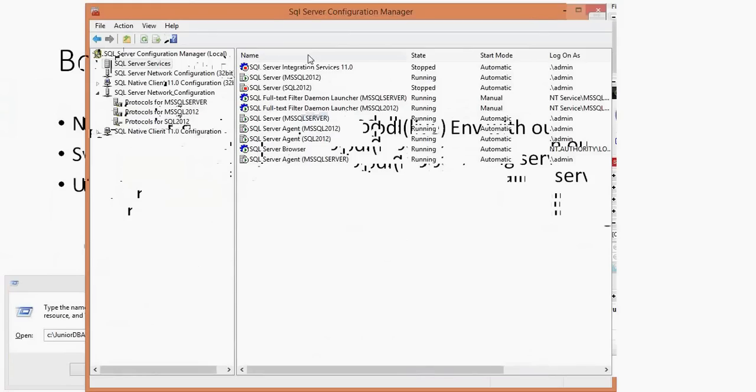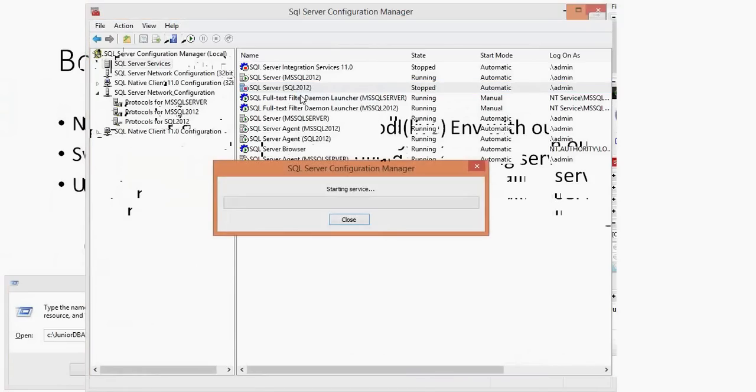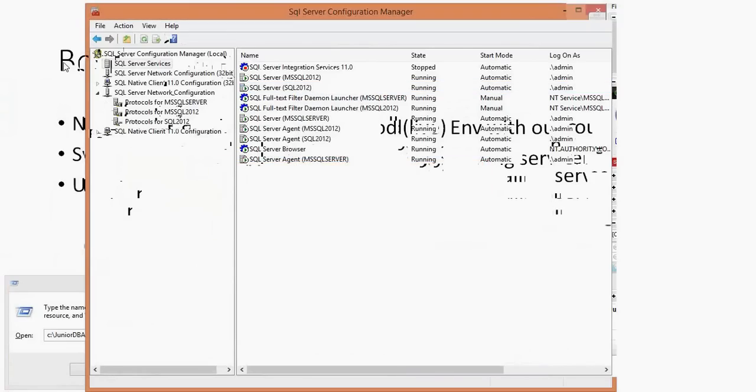Come back when your operating system is working fine. Then start your SQL server. This is the best advised way of restarting your SQL server.